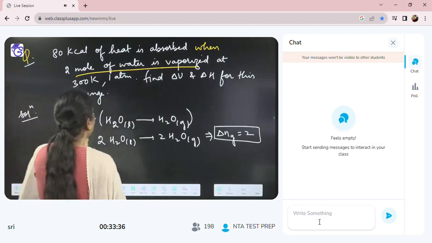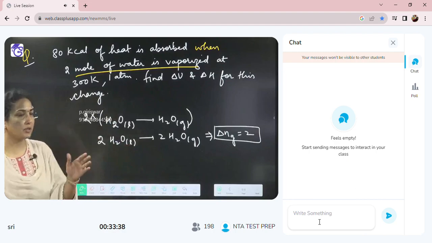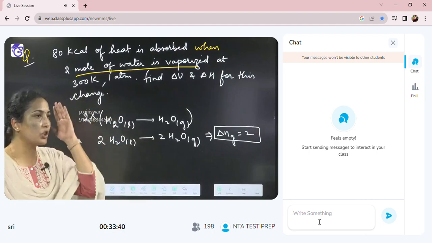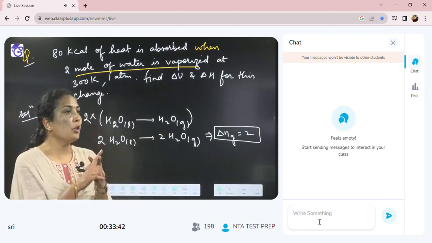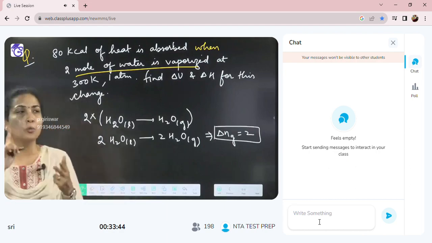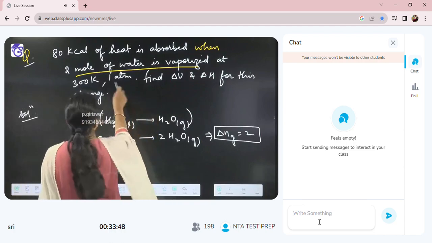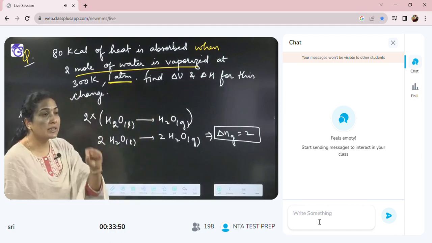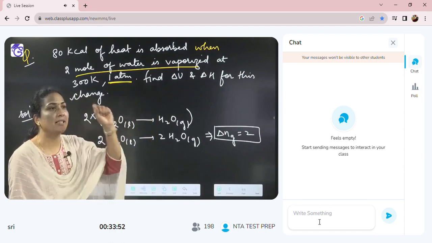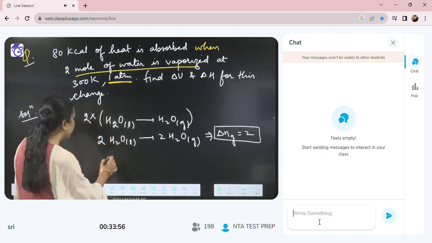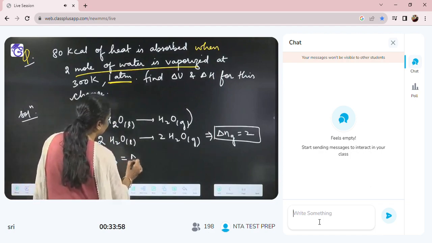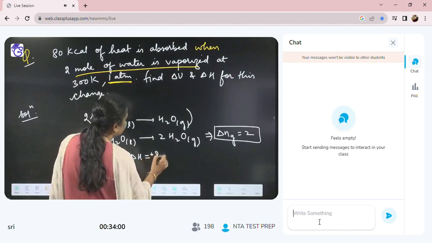Now, if this is a phase transformation, then we know that phase transformation happens at a particular temperature and pressure. Now, do we know heat at constant pressure and heat at constant volume? Pressure is given to you, so this 80 kilocalorie is heat at constant pressure. So Qp is equal to delta H, which is equal to plus 80 kilocalorie